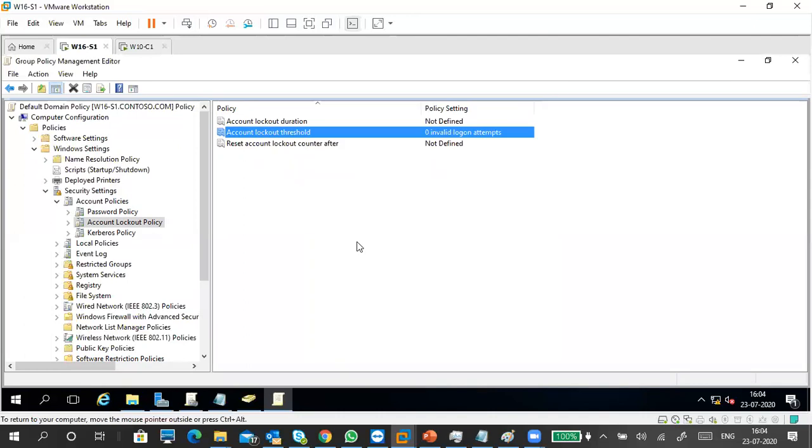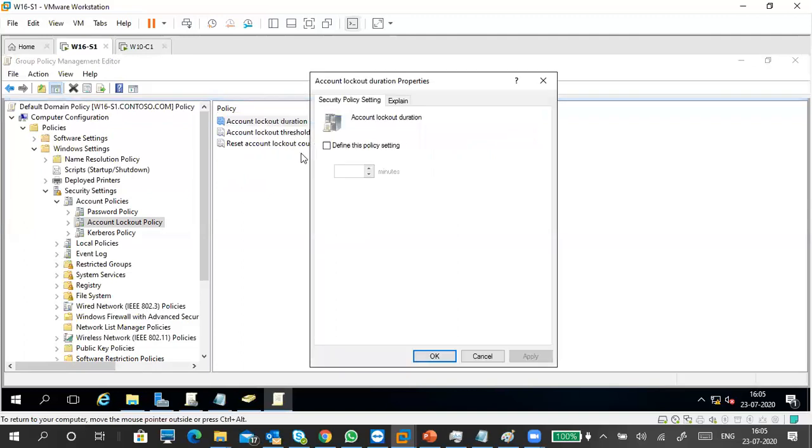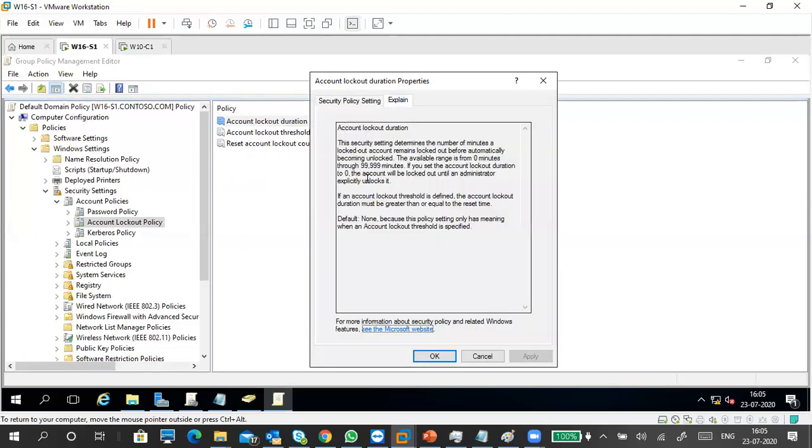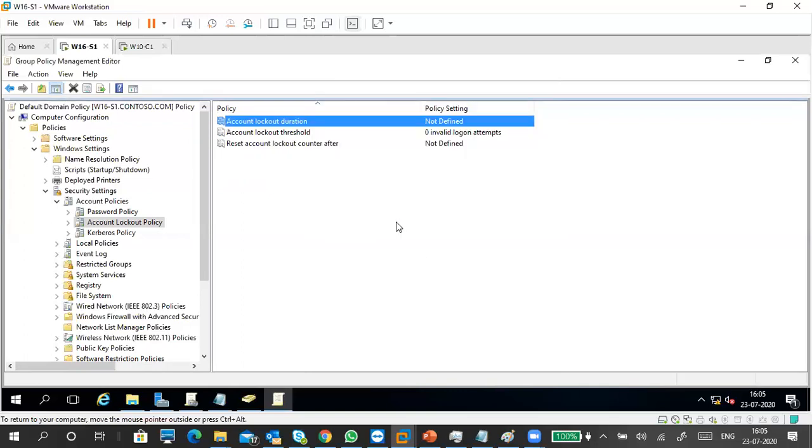For example, if he types the wrong password three times, then the account is locked for a particular duration. You can give a duration also. If you give something like 1 hour lockout duration, and he typed the wrong password 3 times, the threshold, then for the next 1 hour he cannot log in. The account is locked, and he has to wait for 1 hour. Okay, understand account lockout policy.